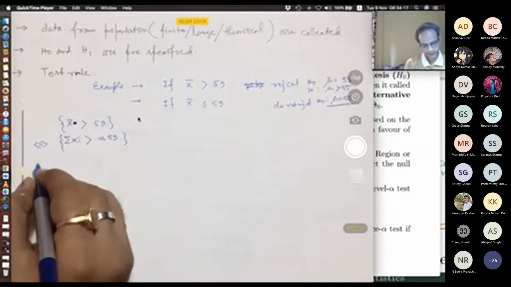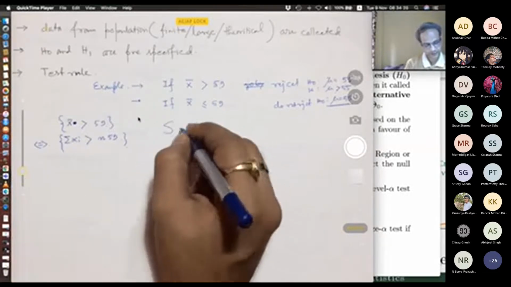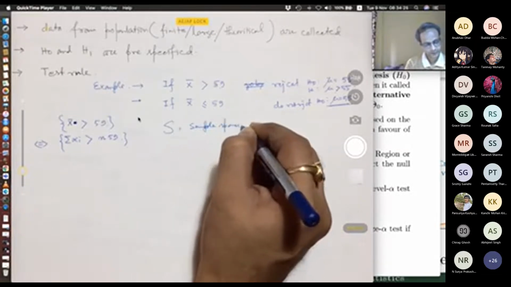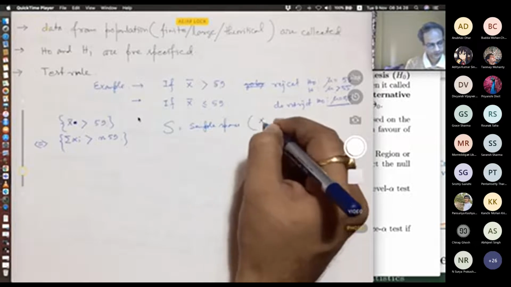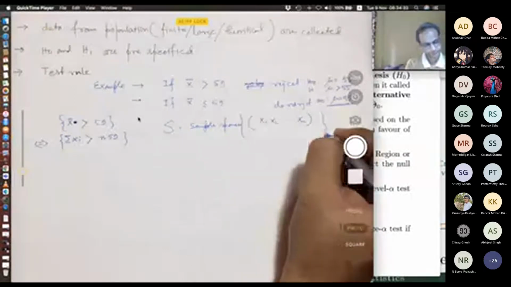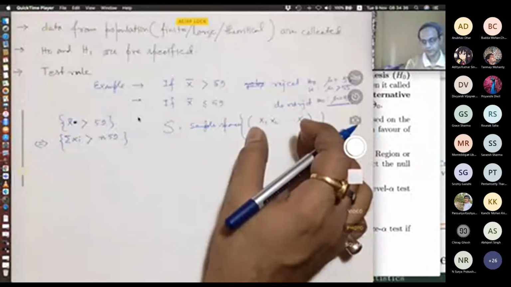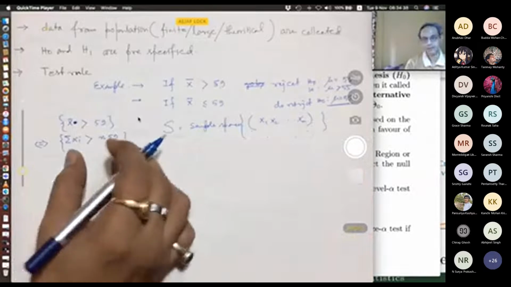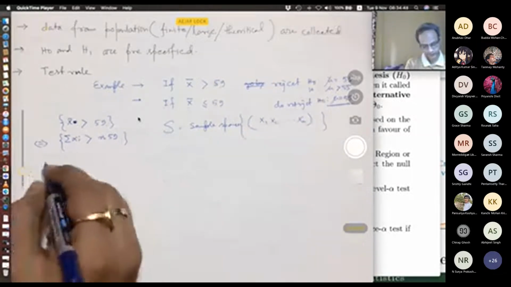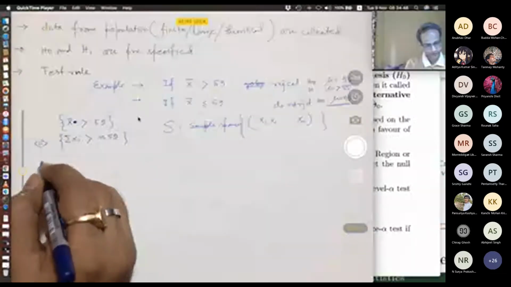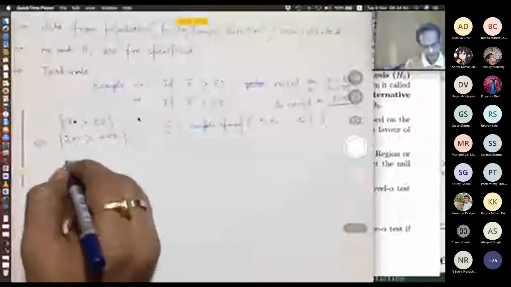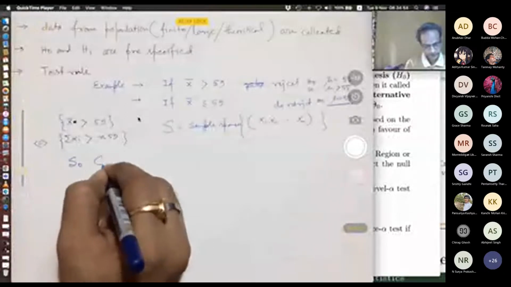So here, if you consider S as the sample space, with this x1, x2, ..., xn vector, then some of these vectors will satisfy this condition and some will not. I can call S naught a subset of S